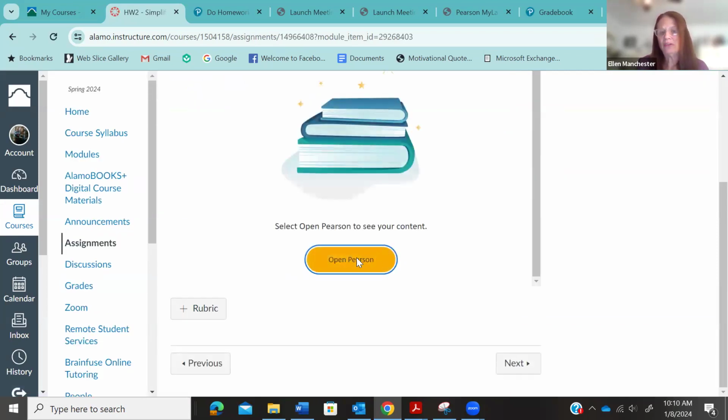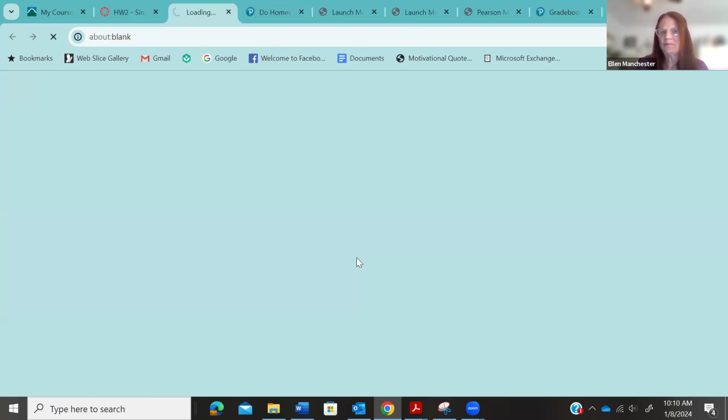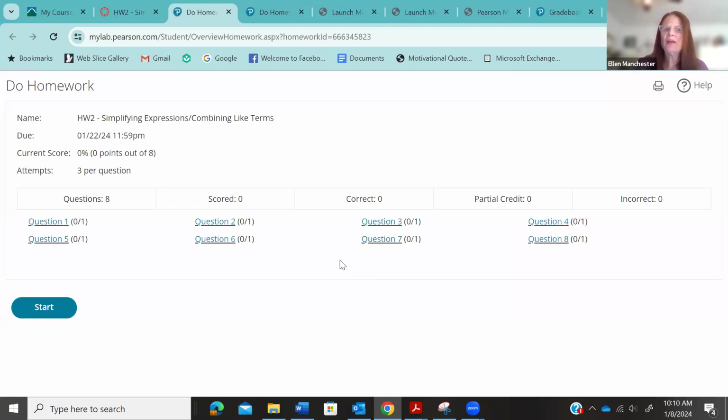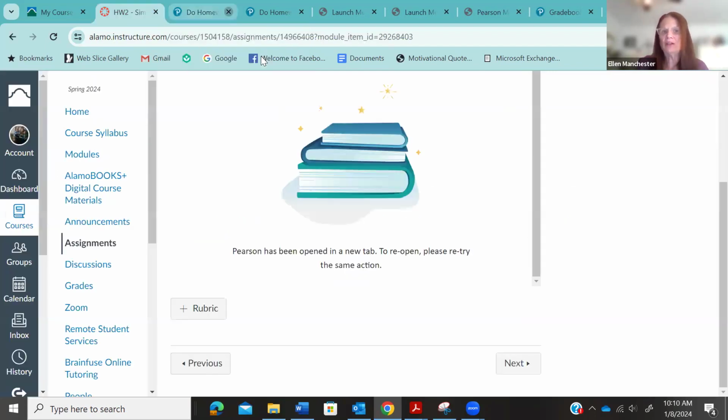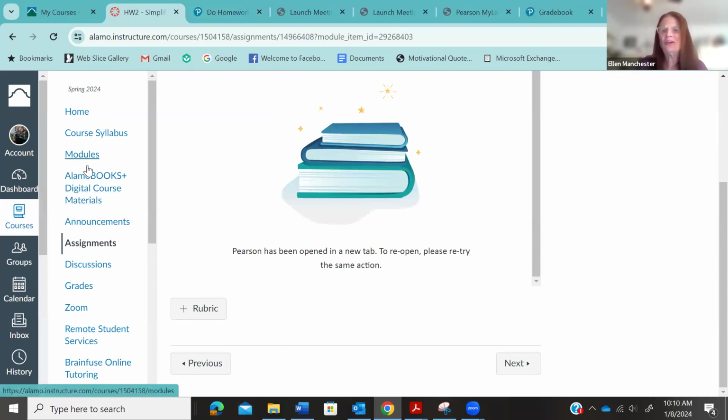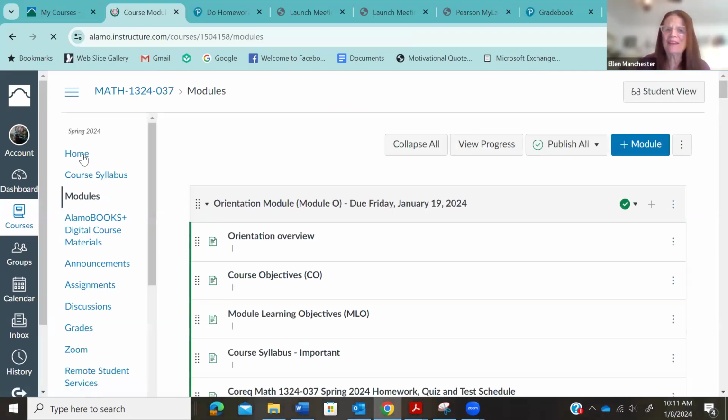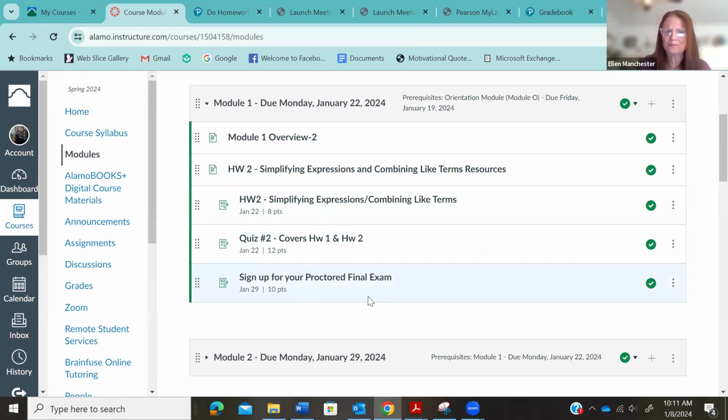Then you go through the videos, hit next, and now you're back to your assignment. Okay, so it's set up very nicely. It shouldn't be a problem at all as long as you follow the sequence. I have had students say, oh, I didn't know that you had videos. Well, you didn't go in the Canvas class like I have it set up. So I put a lot of time into this. I try to make it as easy as possible.